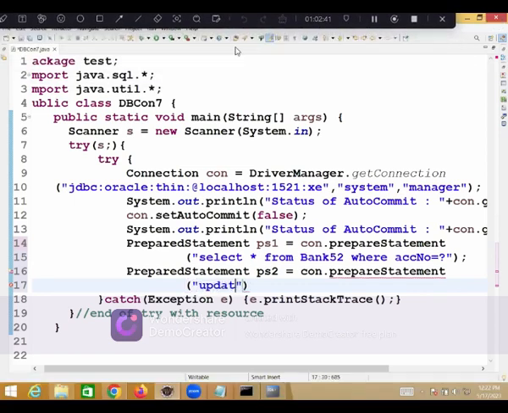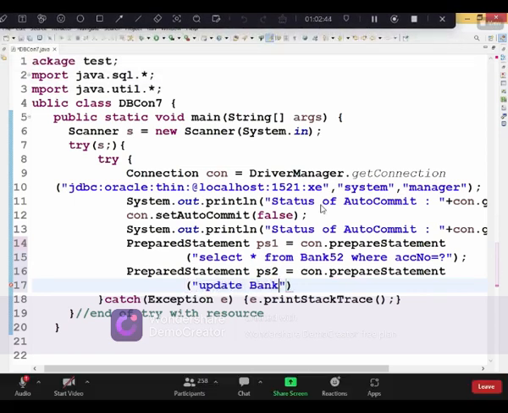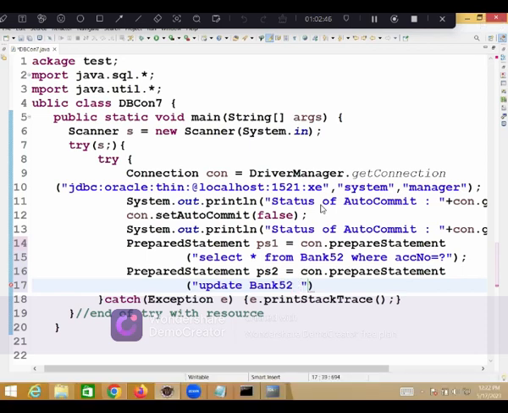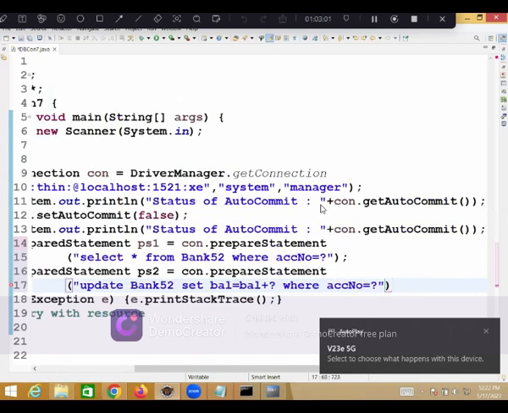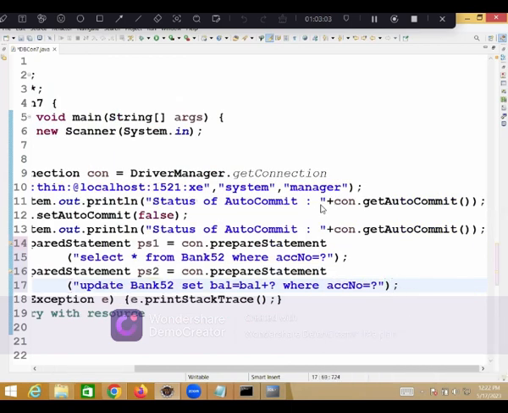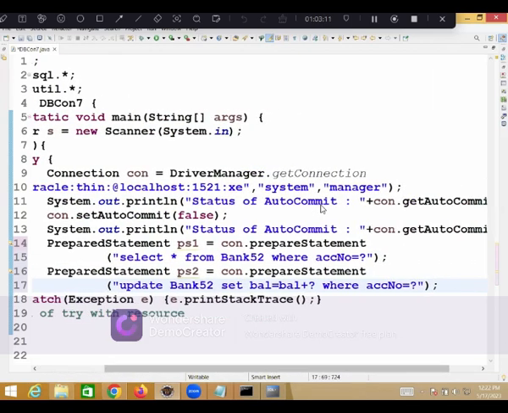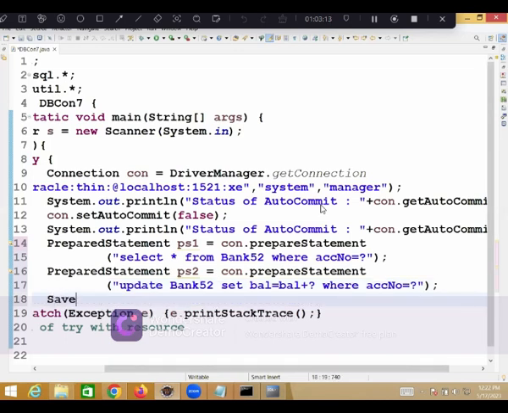Here, update bank52 set balance is equal to balance plus some amount. You have to add it, where account number is equal to, you know the update query, no? Yes or no? The two prepared statements I have taken. After that, take one savepoint. Savepoint sp is